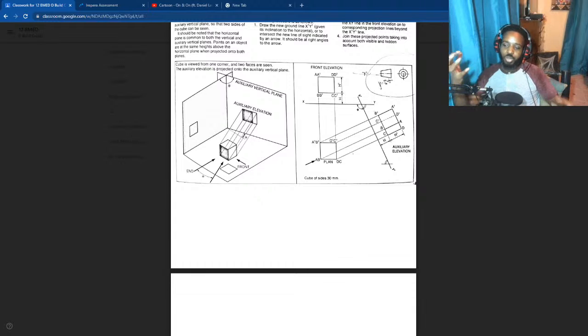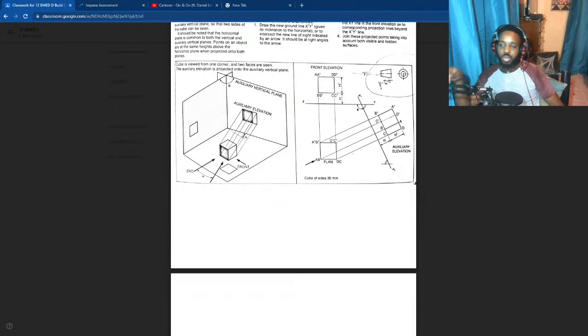That's where auxiliary projection comes in. It deals with what you would see if you are looking at a figure, but not directly from the front or the side, because that would be an orthographic drawing. So it's similar to orthographic, but not exactly the same.